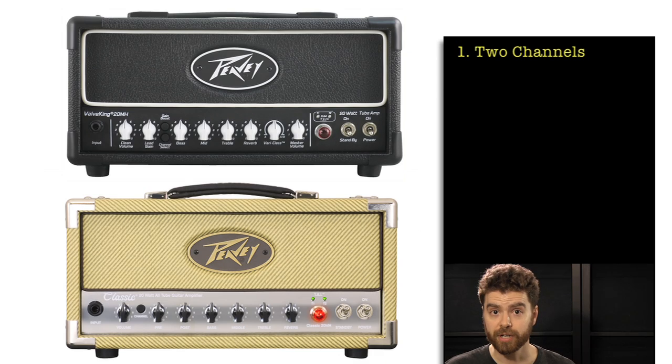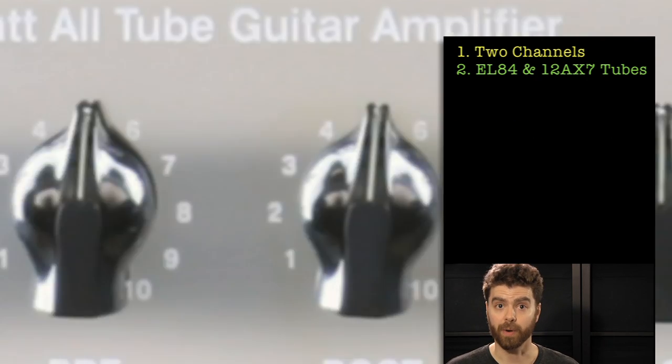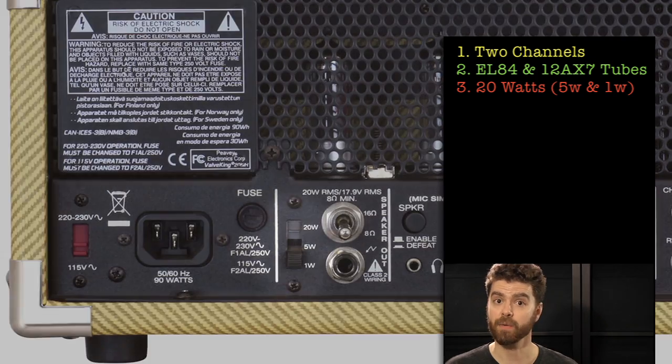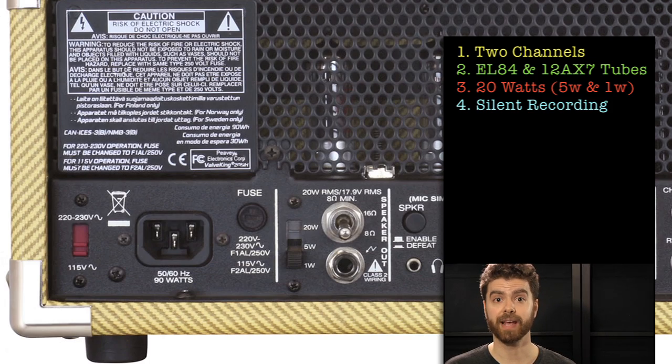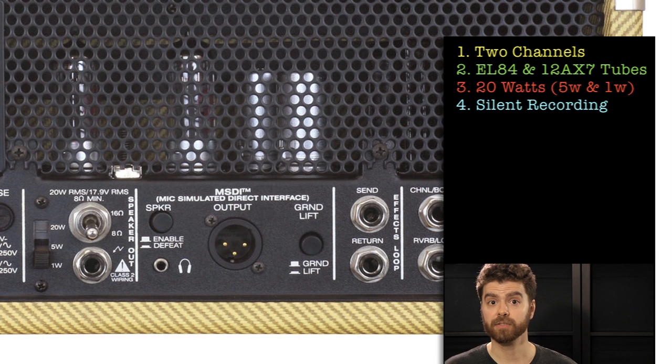I'm going to start off by listing the similarities between both of these lunchbox-sized amp heads. Basically, these amps are siblings. One sounds modern and the other more classic, but they share a lot in common. So let me talk about what they share. These are 2-channel amps. They're powered by 2 EL84 and 3 12AX7 tubes, 20 watts of power, switchable down to 5 and 1 watt. Ability to run the amp with the speaker deactivated, which is great, because this amp has